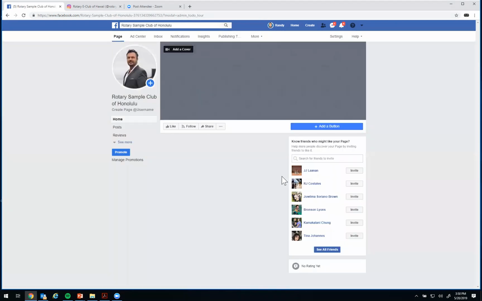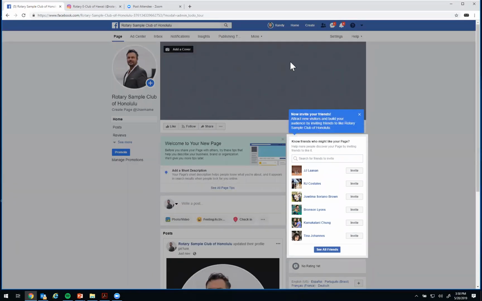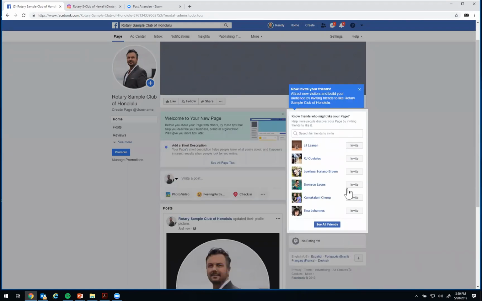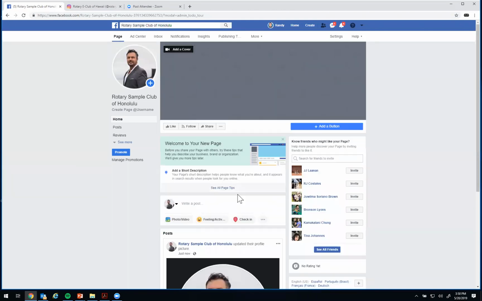Facebook will automatically populate this for you. After you do all of that, you'll see that it populates your club name and profile picture. Cover photos do need to be approved by Facebook, so it'll take a while to upload. The next great part is that you get to add friends, and Facebook will automatically prompt you to do that. Another option is to see all friends and bulk load all the people you want to target for your new page. Honestly, that's really it. It's that quick, and then you'll have a business page.